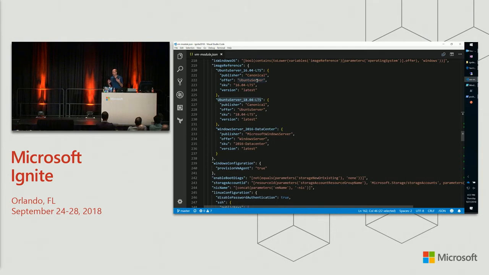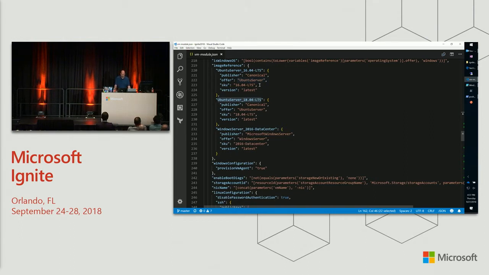So the user doesn't have to define that. They don't have to come up with all of those values on their own. I don't have to worry about those values not working together if they specified a couple things that don't work together. This is tested with my template. I know that it works, and so I can actually pick that up from a variable